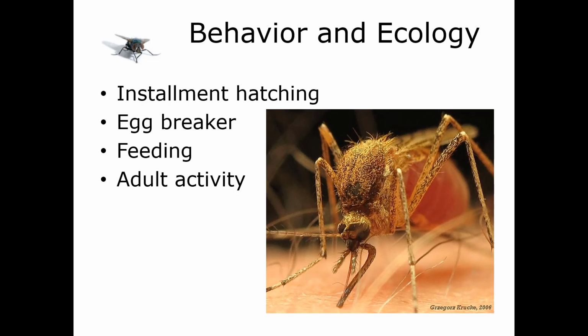Now, mating usually takes place a few days after adult emergence. The males will typically form these little flight swarms at particular times and places. So they will find either really obvious environmental cues like rock faces or big mountains or things like that, or less obvious places. We've seen mosquito swarms happen above certain stalks of corn, or sometimes above their potential hosts for the female. So if you are really, really attractive to mosquitoes, you will get mosquitoes just flying over your head waiting for mates. So you are the swarming area.